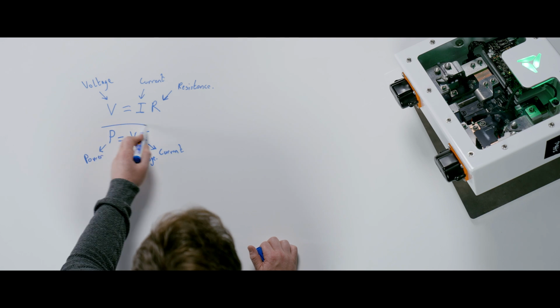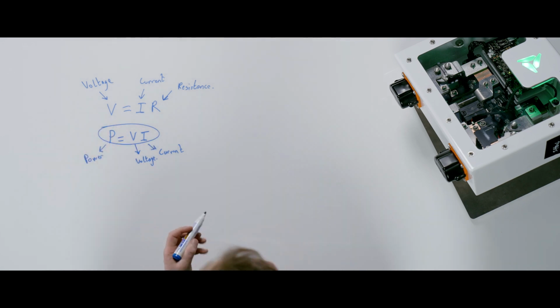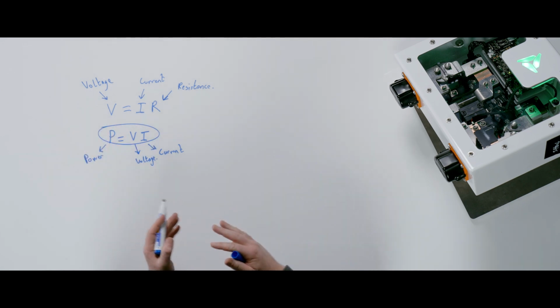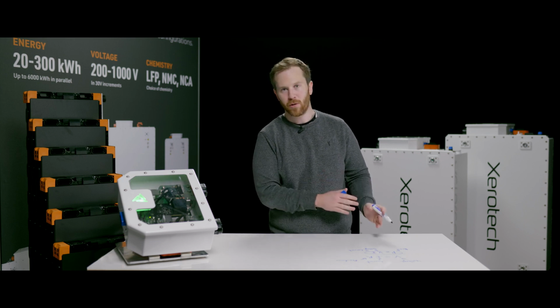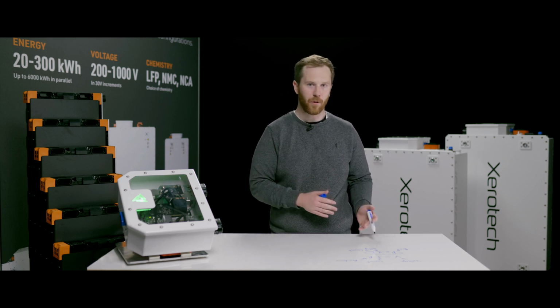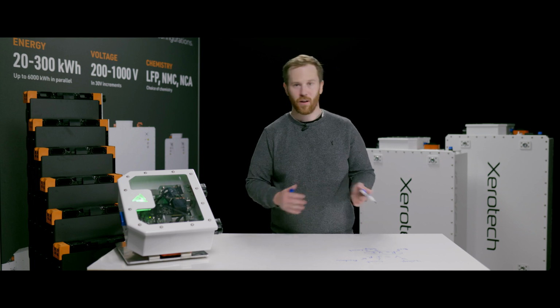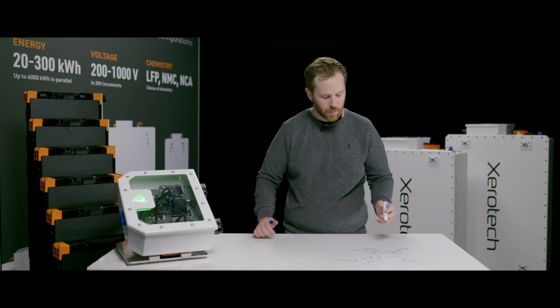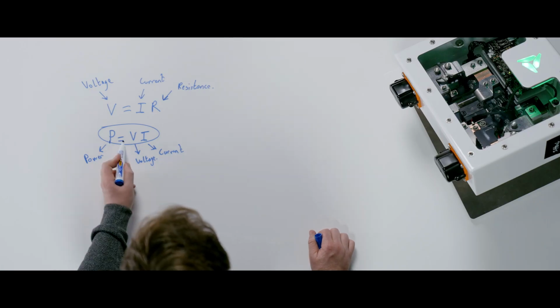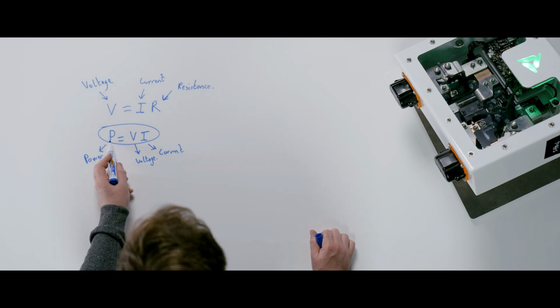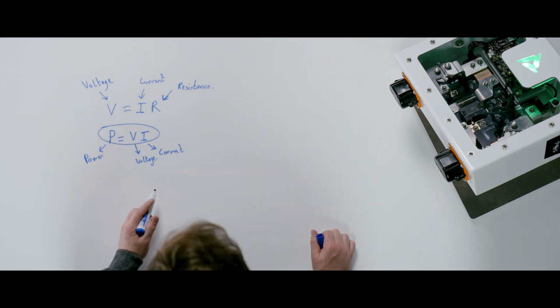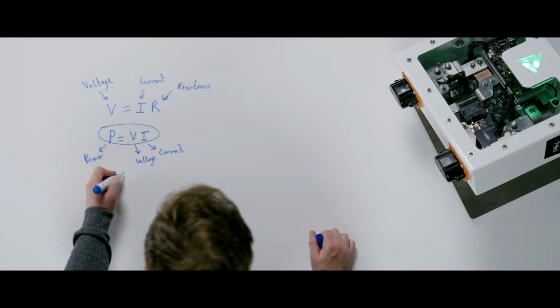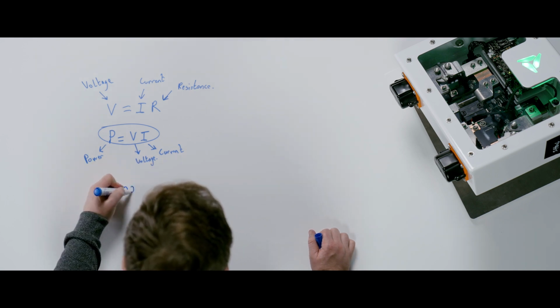This second equation, power is equal to voltage times current, is incredibly important because a lot of people get confused between voltage and current, and high voltage, high current, low voltage, and so forth. The most important thing to understand is that it's a zero-sum game. And what I mean by that is the power will be constant. So if our power, for example, was 1,000 watts,